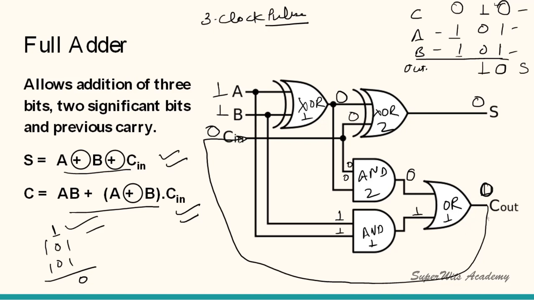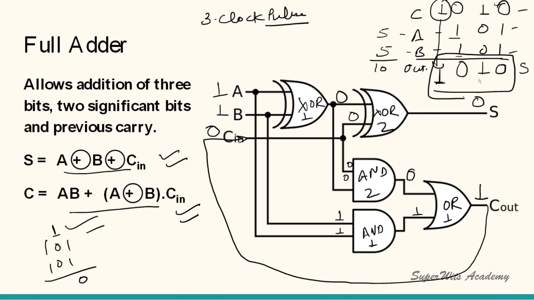And once you give any high value to the input of the OR gate, it becomes 1, right? So in this particular case the sum is 0 but the carry has been generated as 1, because now there is no other bit which is supposed to be added for input A and B, so we get the carry as 1. So the final outcome will be like this. So if I convert this, A and B are 5 and 5, the output must be 10. So if you convert this 1010, this is again the decimal value 10, right? So this is how the addition operation is taken care of by using the full adder